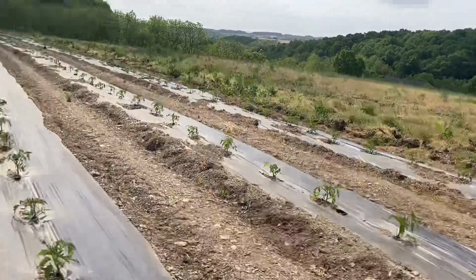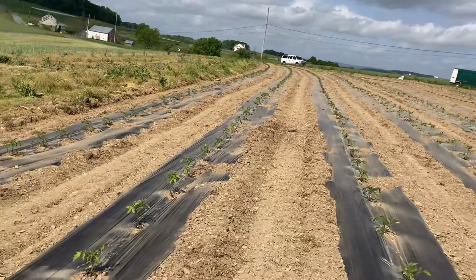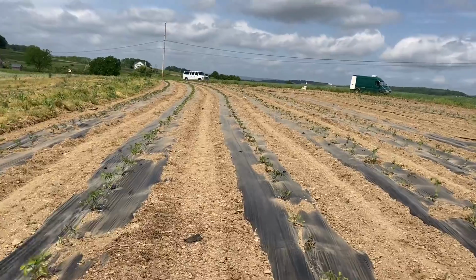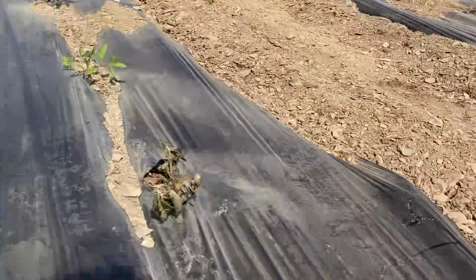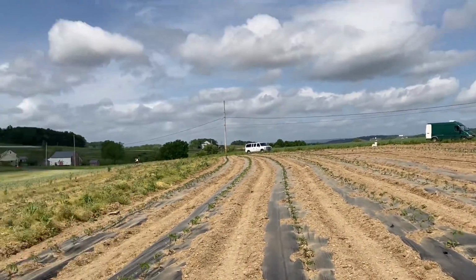So of these thousands of tomato plants, Farmer Ruben estimates 20, possibly 30 plants that are damaged and or even dead out of all these thousands of plants. Now, that is pretty much unexplainable. The only thing that we can say is that